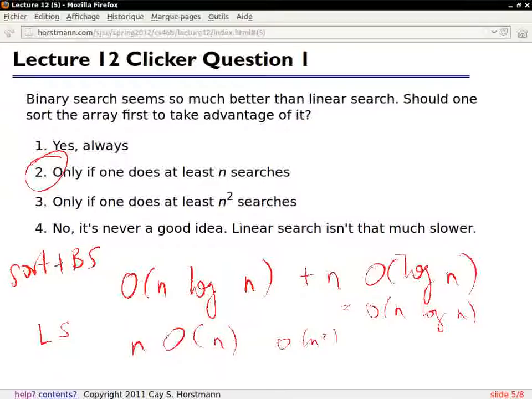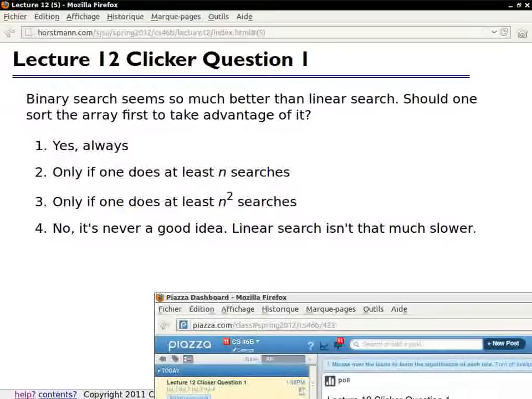In fact, if you do log n searches, you should already do it. That's the break-even point. So if you do any more than log n, you should definitely first sort and then search. So that's the answer. And so surprisingly many people